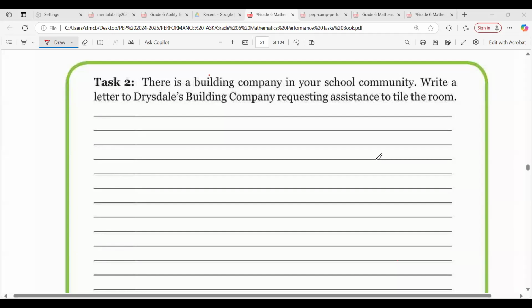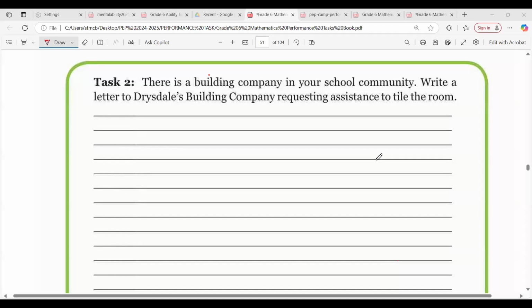Your company's reputation speaks volumes about your commitment to excellence, and we believe that this partnership will be mutually beneficial. By partnering with Drysdale Company, we hope not only to acquire high quality floor tiles, but also